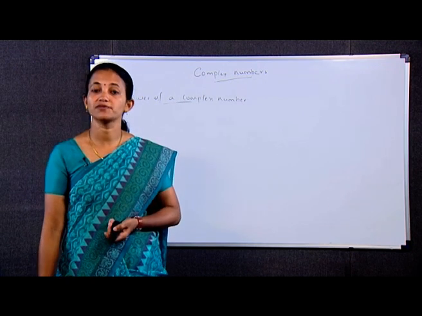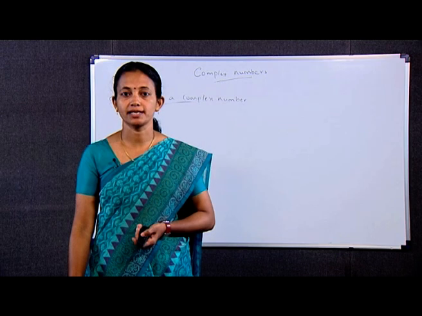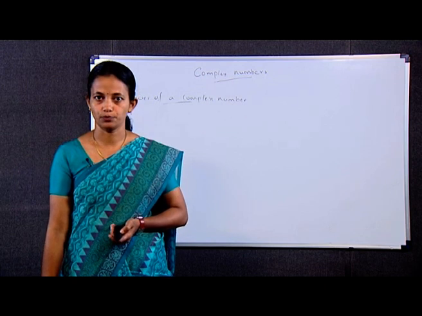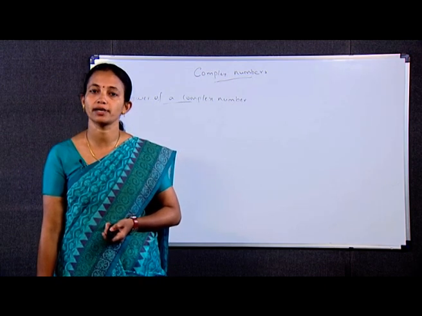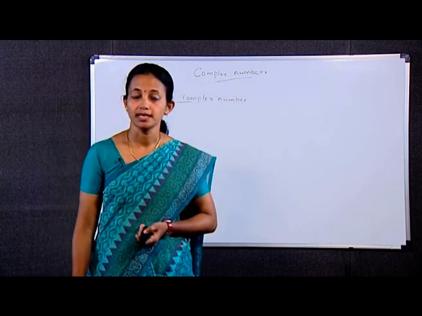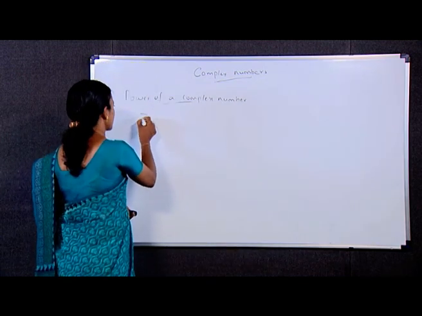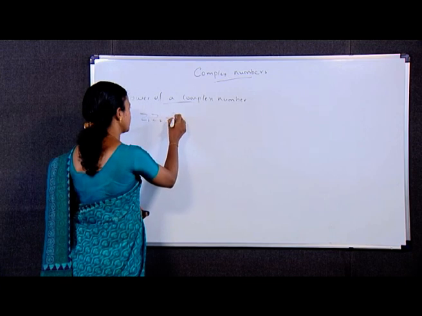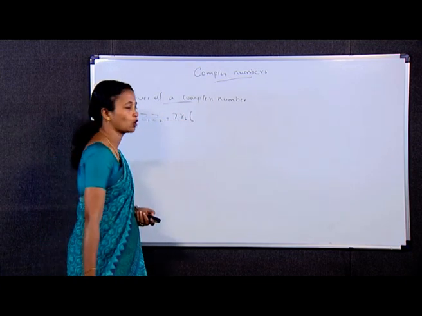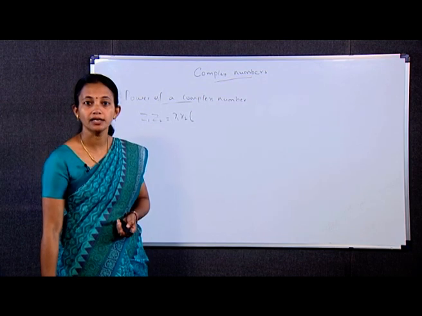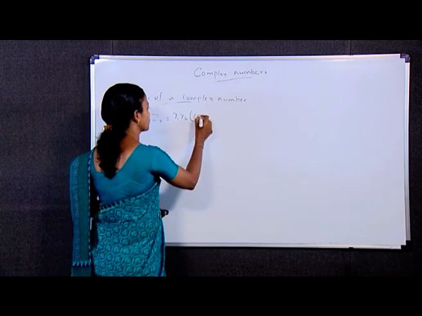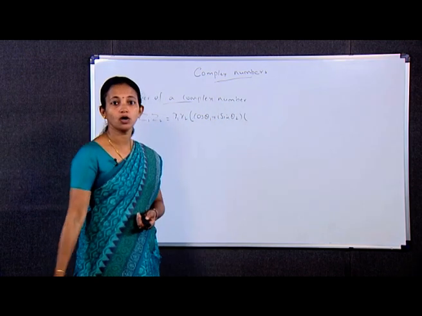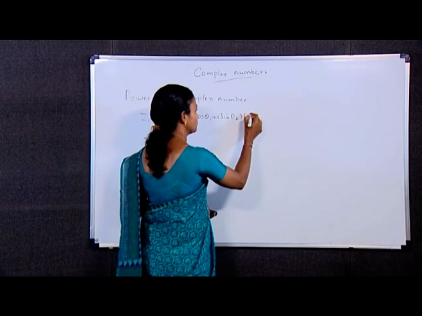That is, if z1 is equal to r1 (cos theta 1 plus i sin theta 1) and z2 is equal to r2 (cos theta 2 plus i sin theta 2) are the polar forms of two complex numbers z1 and z2, then it can be seen that z1 into z2 is r1 r2 (cos theta 1 plus i sin theta 1) into (cos theta 2 plus i sin theta 2)